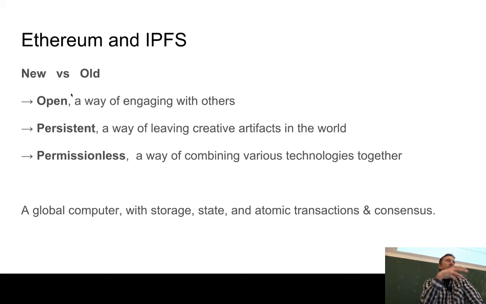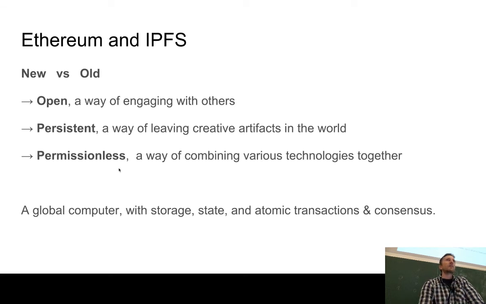It's kind of dictated by whoever owns the central repository. So the new ways of doing things is more open, more diverse, persistent. As we were saying, if you put something into IPFS, it potentially is there forever. If you put something on Amazon Cloud, it will be there until you stop paying the bills, and then it disappears, right? And then permissionless is that a lot of those systems don't require any sort of permission for you